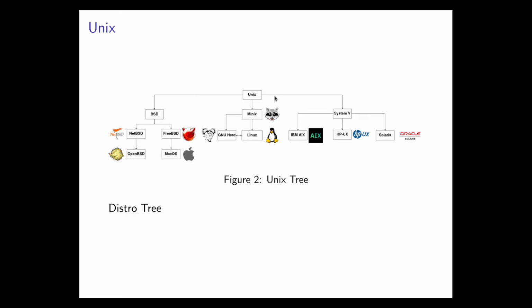But we also have these other branches. We have System V on this side, which stemmed off into IBM AIX, HP-UX, Oracle Solaris. These are more enterprise things. You might see them in a mainframe or something like that, maybe at a bank. It's not something that you see all the time, depending on the industry you're in, but it's definitely there. It's definitely a big thing, so be aware of it.